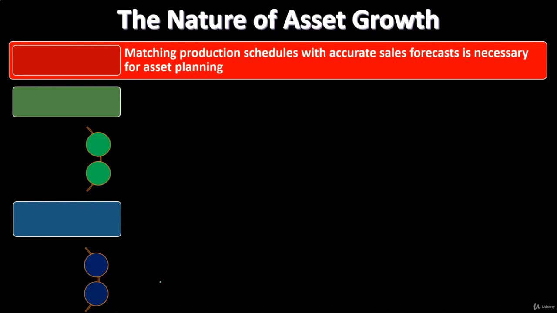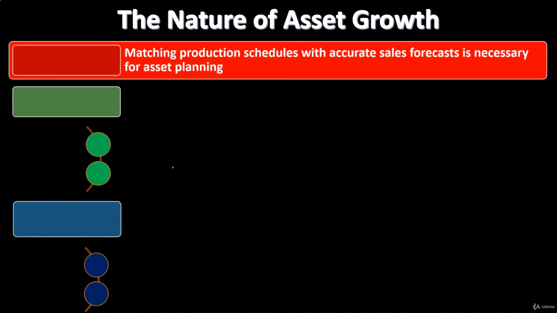When we think of the asset growth, the assets should be growing in order to continually get a return on the investments. And there are two ways we can do that, either with debt or with equity. Equity, the accumulation of revenue over time, or owner investment. Debt, where we're going to focus more here, taking loans to increase the assets so that you can increase the generation of revenue. So matching production schedules with accurate sales forecasts is necessary for asset planning. So note, when you're thinking about the asset plan, you've got to get the sales forecasts and think about how you're going to do production.